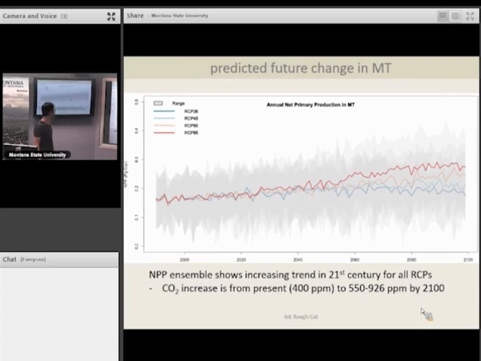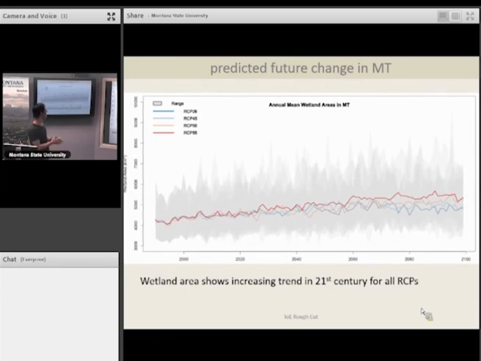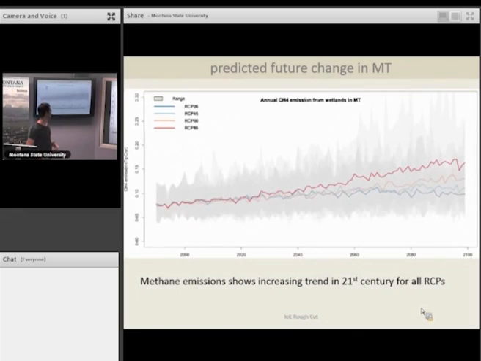I am currently involved in forecasting the future wetland area dynamics. It shows it changing because of the more precipitation in the future. And we calculated the methane emission from natural wetland in Montana. It also shows a very large increase in the future. But in general,